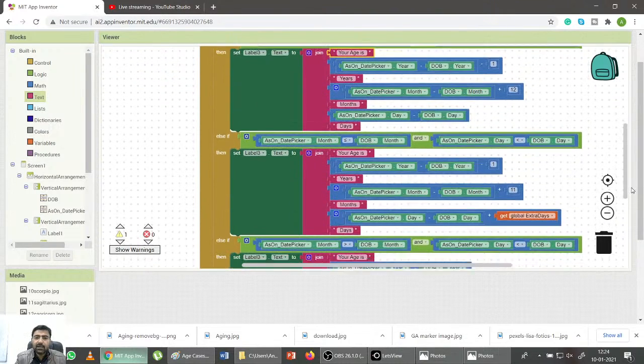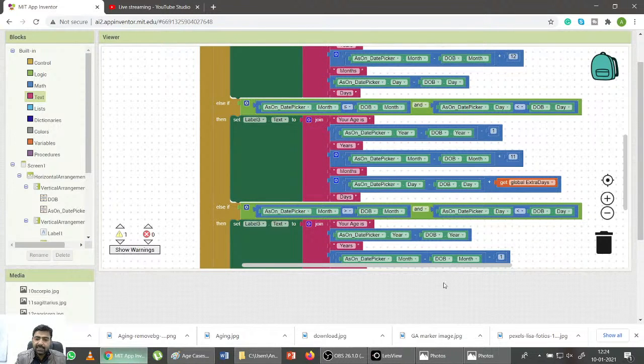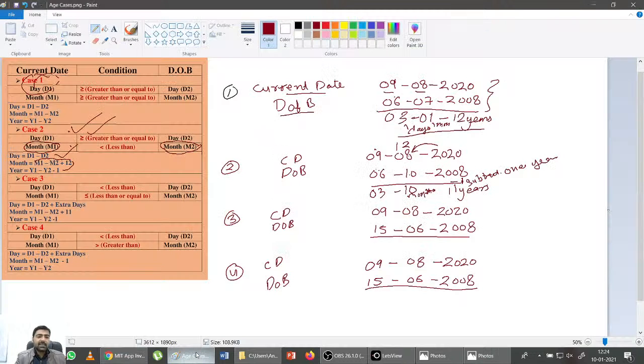Now I am moving to the third case. What is my third case? Again I am moving to the slide. This is my third case. When my current day is also less than the day of the date of birth, and my month is also less than or equal to the month of the date of birth. So what will we do in this case? If my day is also smaller than the day and my month is also smaller or equal to the month of date of birth, in this particular condition,